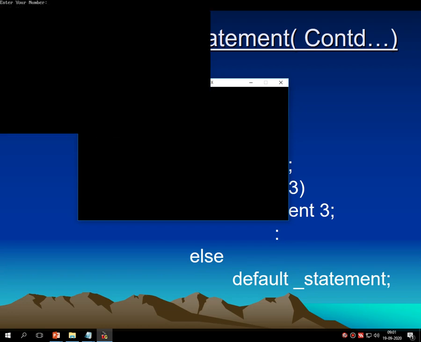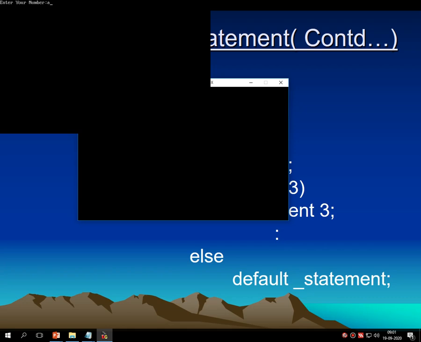Let me rerun the code. Here I am entering 0. My condition 1 becomes false. 2 also becomes false. But condition number 3, which is a double equals to 0, becomes true. It returns 0. Let me rerun the code. Here I am entering a. I am not entering any digits. I am entering an alphabet, a.